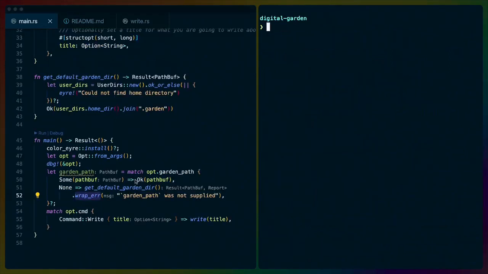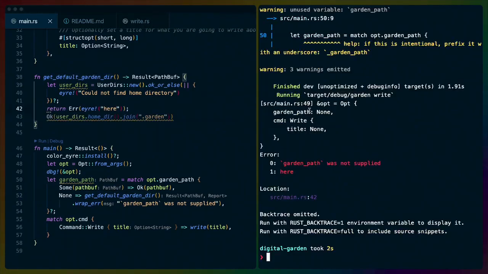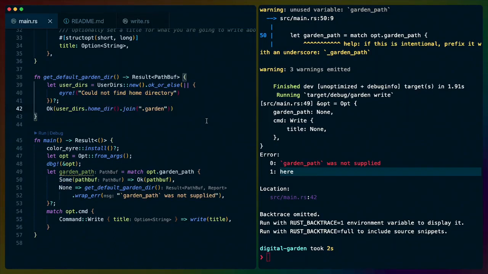With our tests passing, we'll choose to force an error in get_default_garden_dir to see what this looks like. Here we can see what happens if an error occurs in get_default_garden_dir. We can see garden path was not supplied, which is the context we wrapped our error in, and we can see the original error. While we forced an error here, the error that would normally occur is this could not find home directory, which is the message that would appear in error number 1. So the user will get the information that the garden path was not supplied, and we also couldn't find the home directory. If both of those occur, then we don't have a place to put the garden,